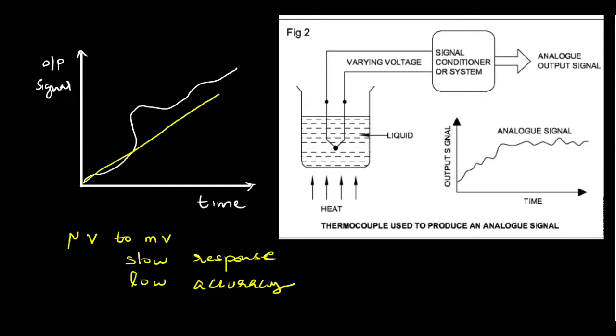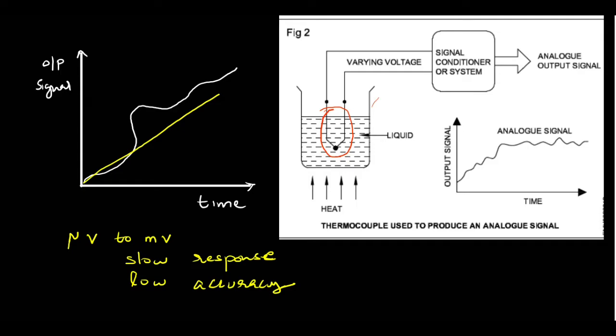Now this is an example of analog sensor usage. Here this is a thermocouple, okay? This part is a thermocouple made up of different junctions of metals. So heat is applied to this junction. The thermocouple senses the temperature and sends an electrical signal to the signal conditioner. For most analog systems, all analog systems, we need signal conditioning. And this signal conditioner will be giving an analog output signal. So based on that, we can use an ADC to convert into digital and display the temperature value.